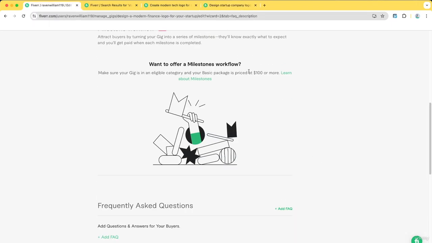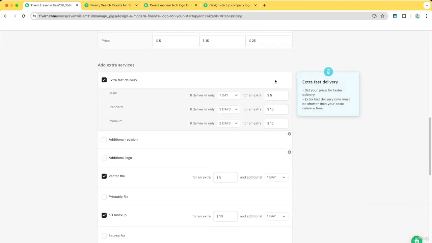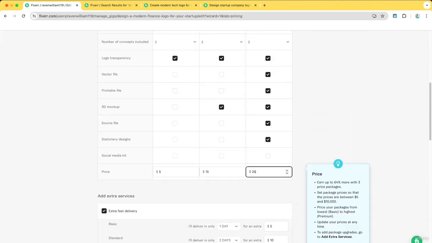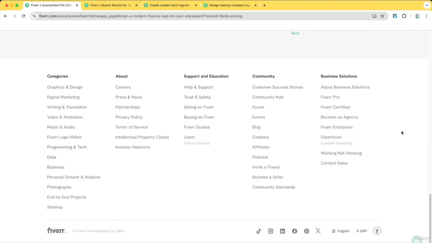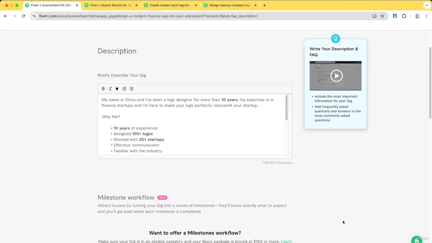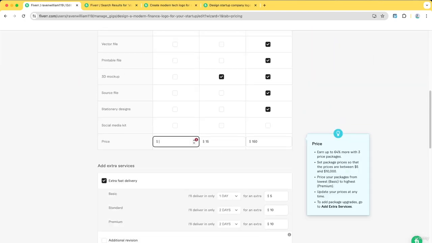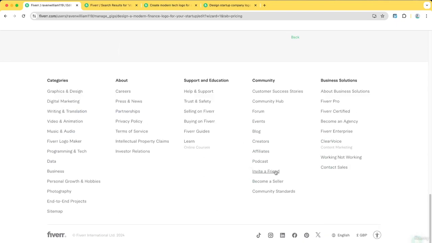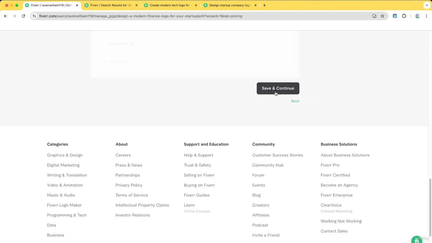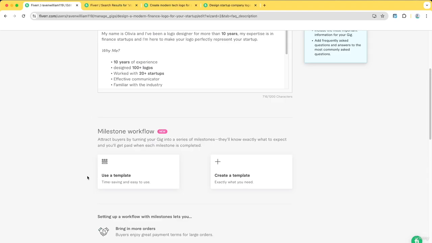Okay, now just to show you what this looks like, I'm going to go back and turn my premium into 150. This way I can show you what that looks like, especially if you're going to do programming and all of that. Now it needs the basic package. If you're going to do some sort of programming, you want to make sure that you are getting paid for all the time that you're putting in. There we go. So my basic is $500. It just has to be above 100.